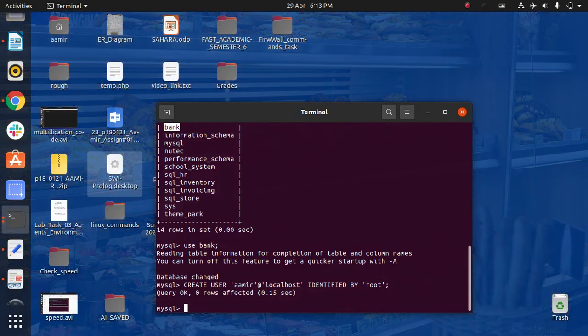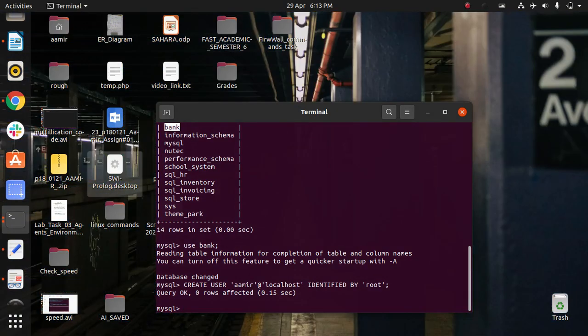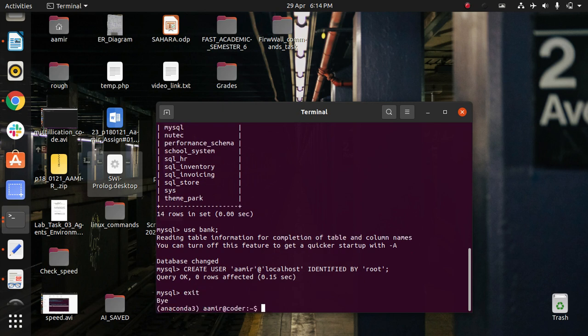At first there will be no privileges given to this user. Let's exit, and log in with this user using MySQL: there is the root, the username is Amer, and the database is bank. So for bank I created Amer.